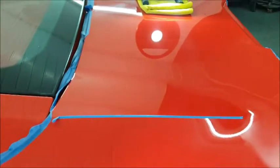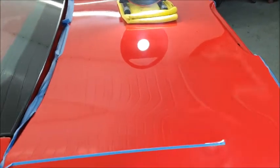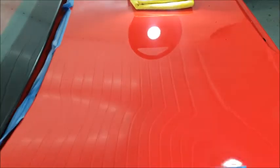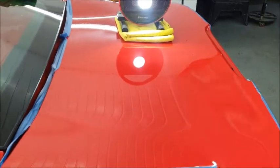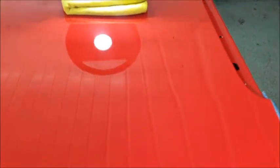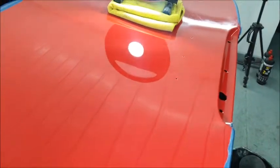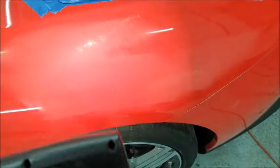It's been lots of flatting, and the readings are all over the place on the boot, so I've had to be really gentle and try and ease everything out, starting from 2,500 grit and work my way up to 6,000. But as you can see, we're starting to get good reflections with no scratches showing. So I think I'm going to finish this wing now,